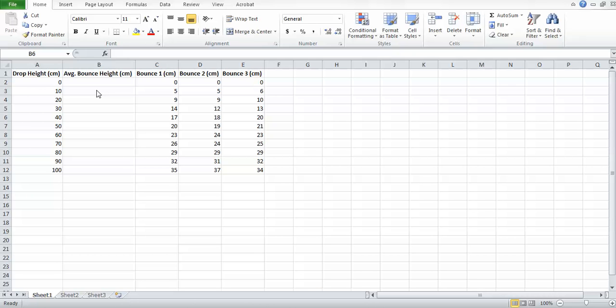So when we're looking at graphing here on Excel, basically what we're doing is we're graphing one of the science pracs we did. So just looking at the average bounce height of a ball dropped from different heights here. So we looked at the different heights of 0 centimeters up to 100 centimeters in 10 centimeter intervals. So what we did was we got